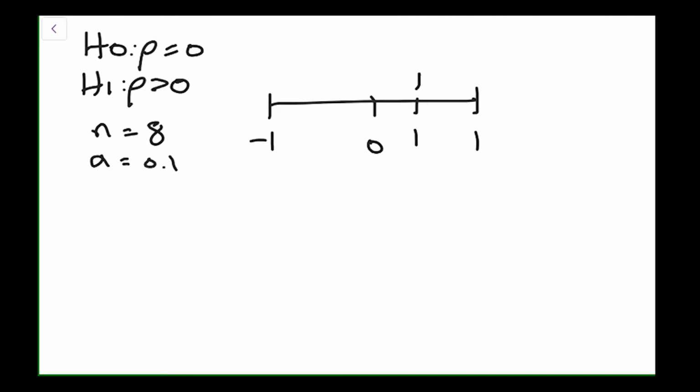This is going to come from the PMCC correlation coefficient table. This is in the formula booklet, and in this case it's 0.5067. Any calculated correlation coefficient stronger than 0.5067 is going to be a significant result. It's going to be enough for us to reject H0. We calculated a strong enough correlation that we're convinced away from the null hypothesis. I'm just going to write this on the number line,